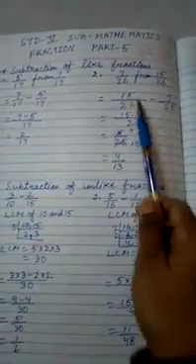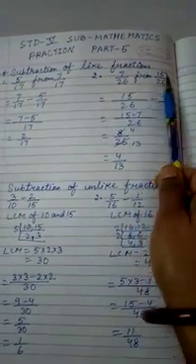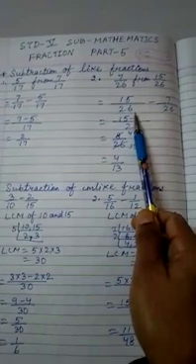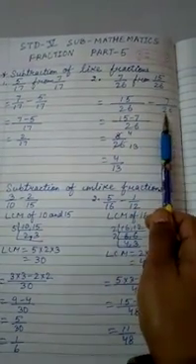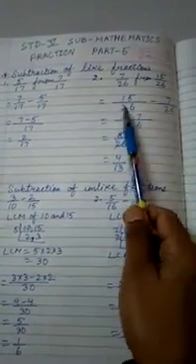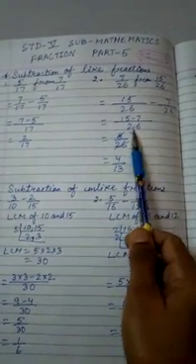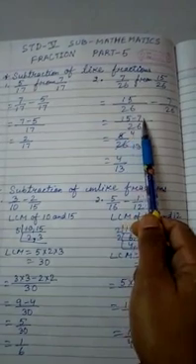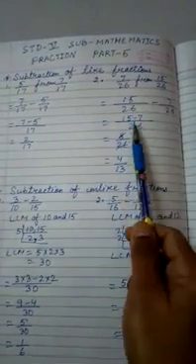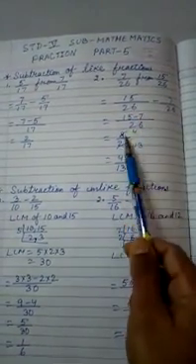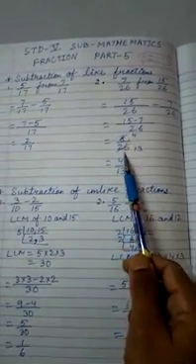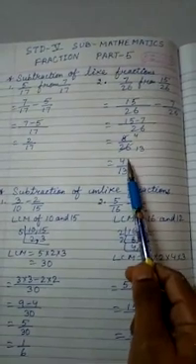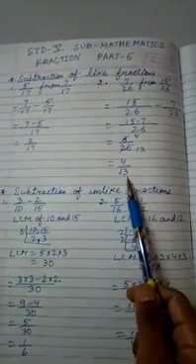Another example, here I have taken 7 by 26 from 15 by 26. So 15 by 26 minus 7 by 26. We will take the LCM, that is 26, same denominator, that is 26. Then 15 minus 7, we have to subtract the numerator. 15 minus 7 is 8. 8 by 26, both are divisible by 2. We will divide. We will get the result 4 by 13.